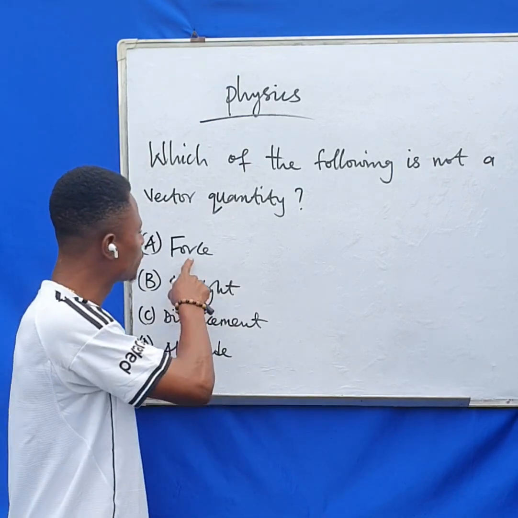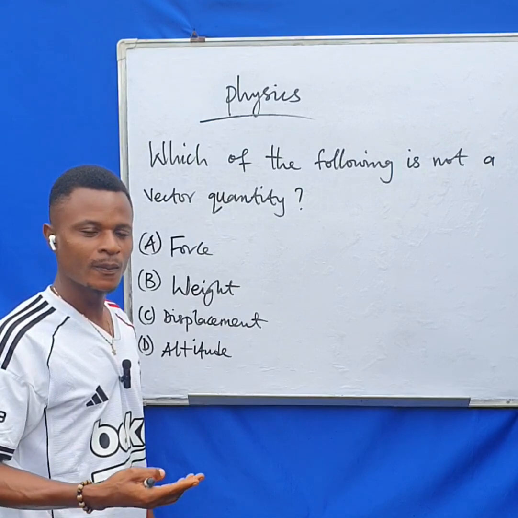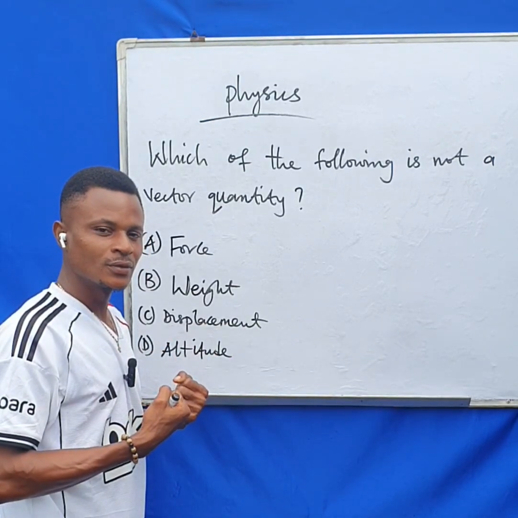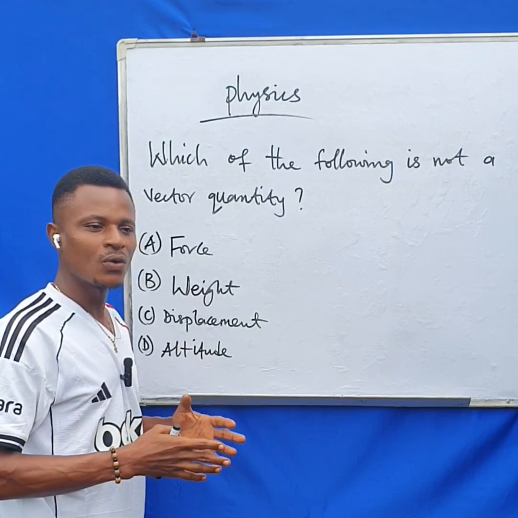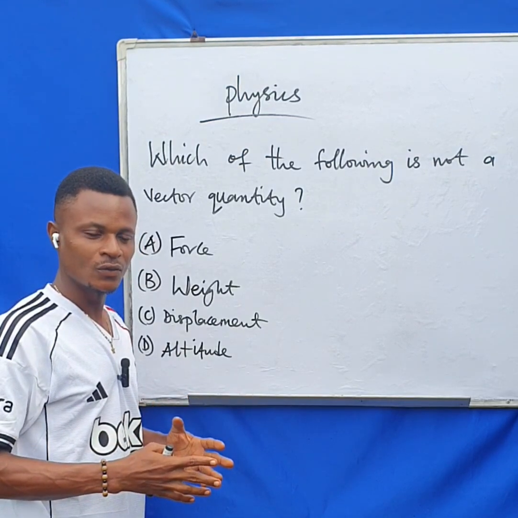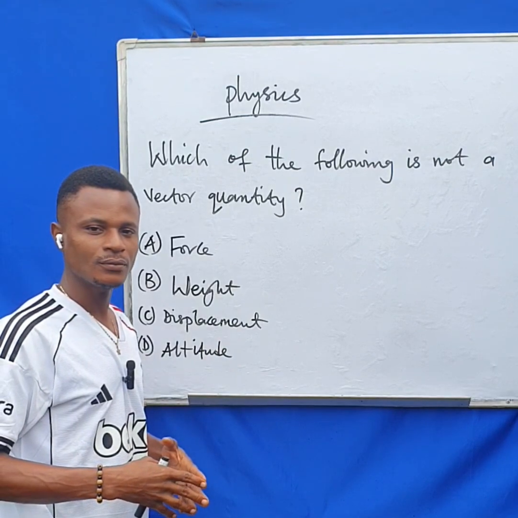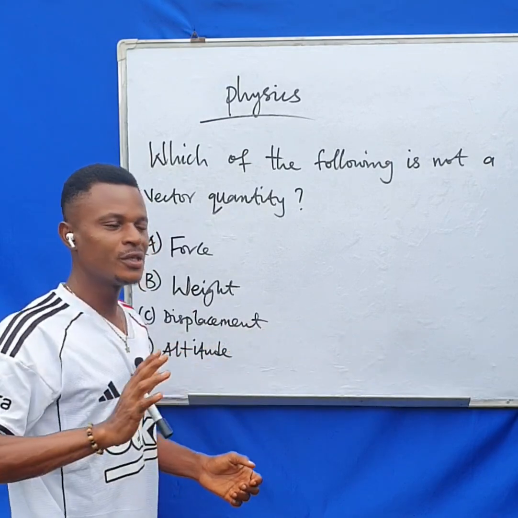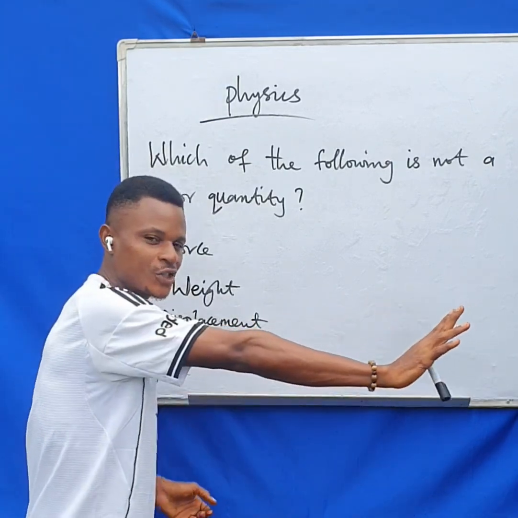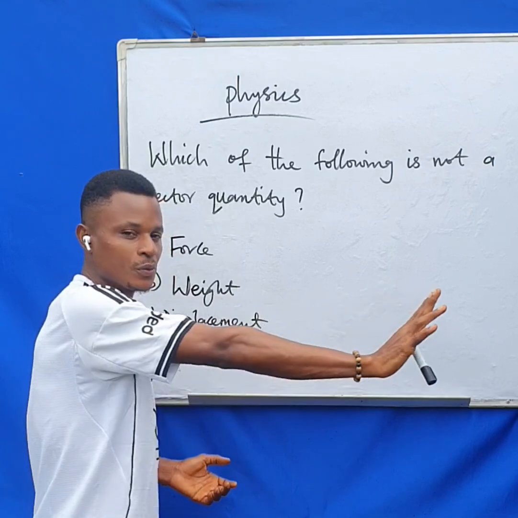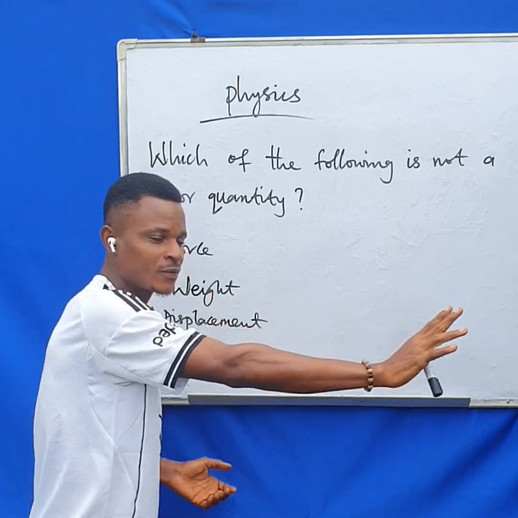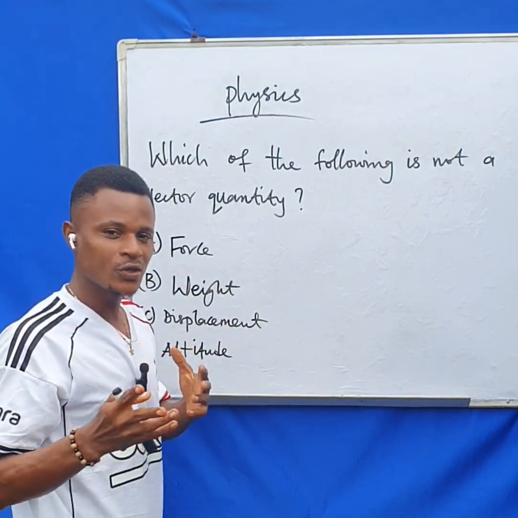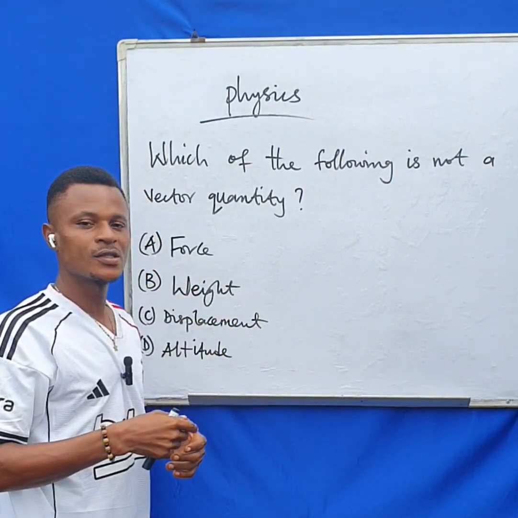Let's start with the first one, which is force. What is force? Force is simply a push or a pull that tends to maintain or alter the motion of a body or distort it. When we say we push something, that means you're moving it towards a certain direction. You're moving it away from yourself. That means this is the direction, right? Now, if you are pulling it, you're pulling it towards yourself, and this is the direction of it. So that's to tell you that force has direction.